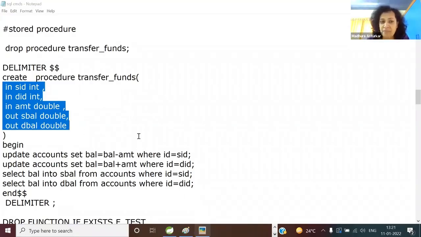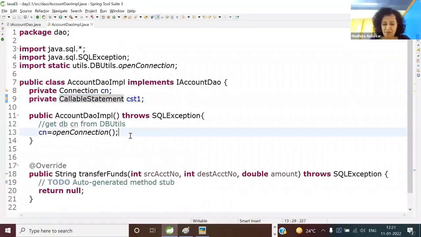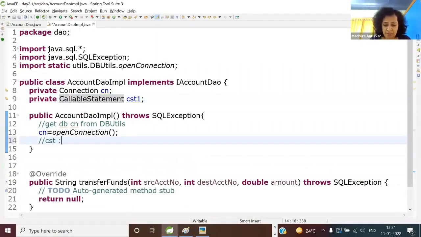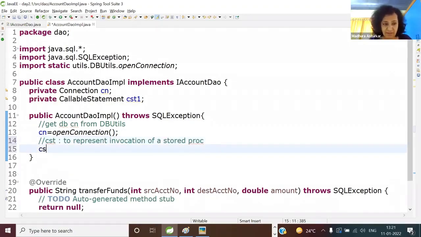So come to the code and let's start writing. Here you are creating a callable statement to wrap the invocation of a stored procedure, which already exists in a pre-parsed, pre-compiled manner on the database. So CST1